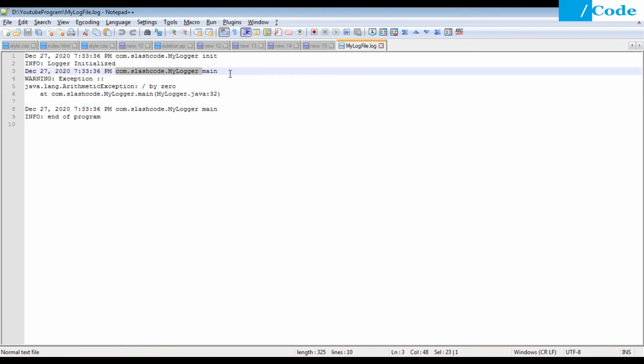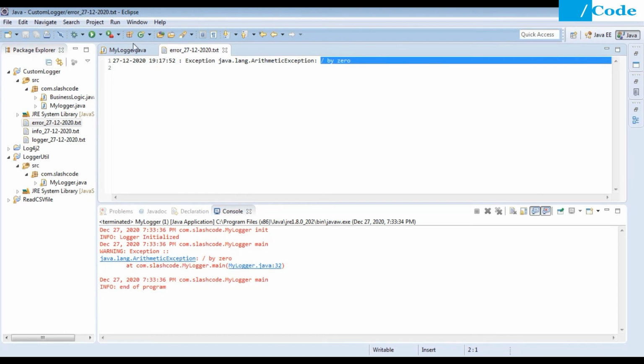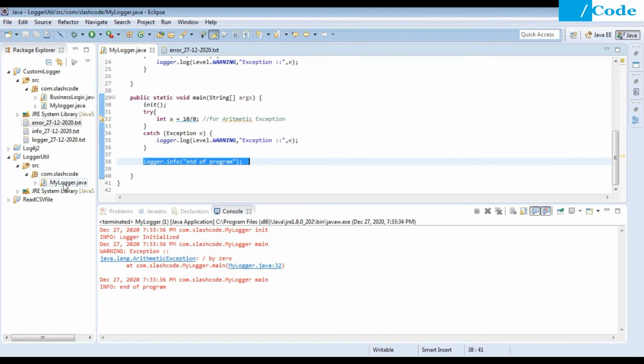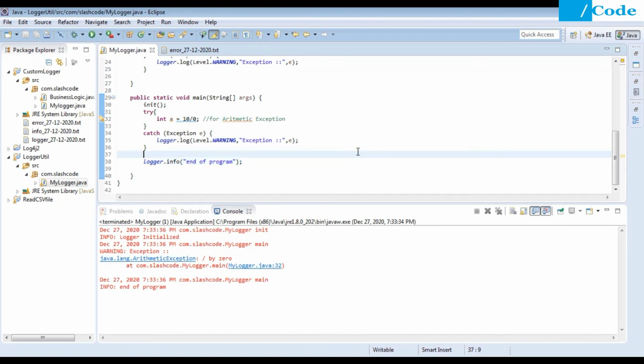Now let me execute this once again so that we can come to the next part. Currently we have 733 entries. Now if I execute this once again, this could be 735 entries.